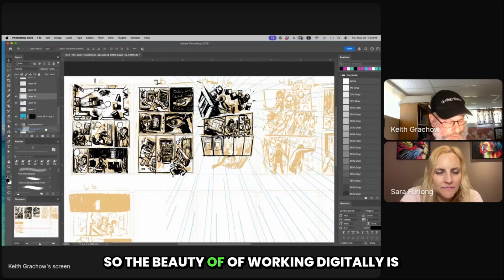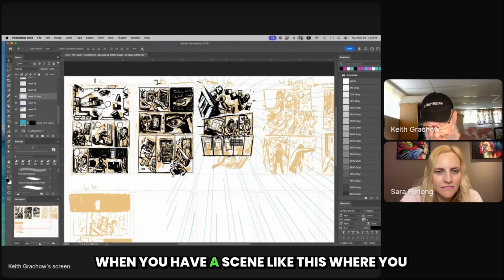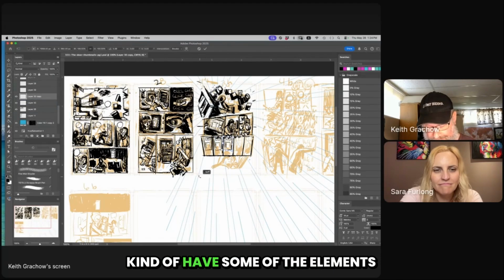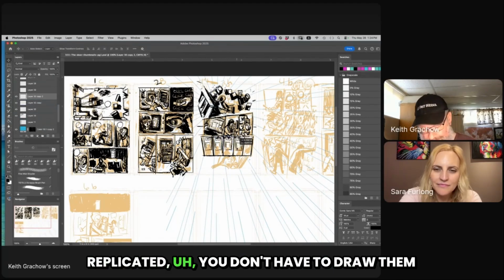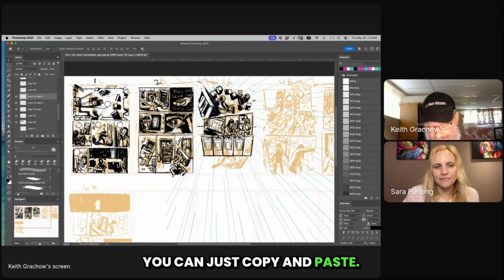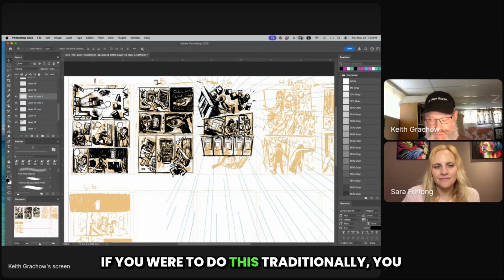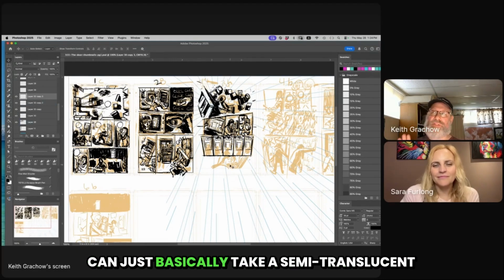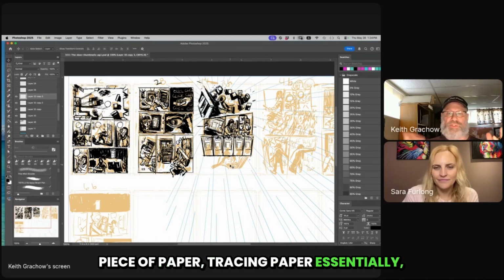So the beauty of working digitally is when you have a scene like this where you have some of the elements replicated, you don't have to draw them over and over again. You can just copy and paste. If you were to do this traditionally, you can just take a semi-translucent piece of paper, tracing paper essentially,